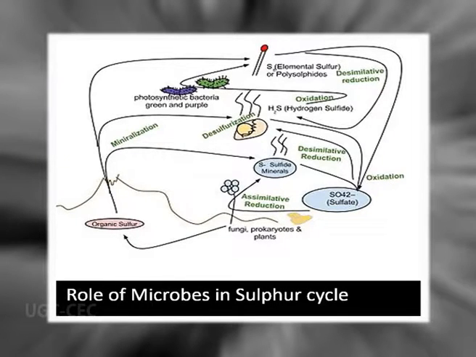And in this way, the balance between sulfate and sulfide is the key process in nature. And in this case also, there may be different activities like the oxidation, the dissimilative reduction, the assimilative reduction, and mineralization. And in many ways, this sulfate reduction or mineralization is brought about by microbes, which include different bacteria.